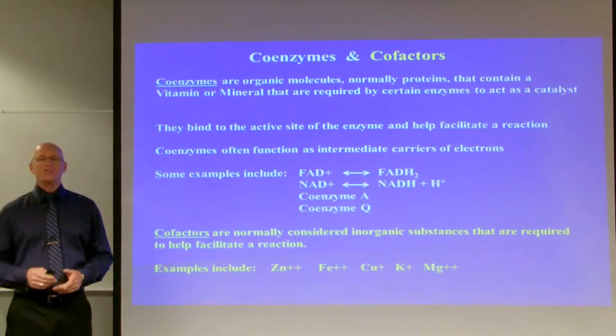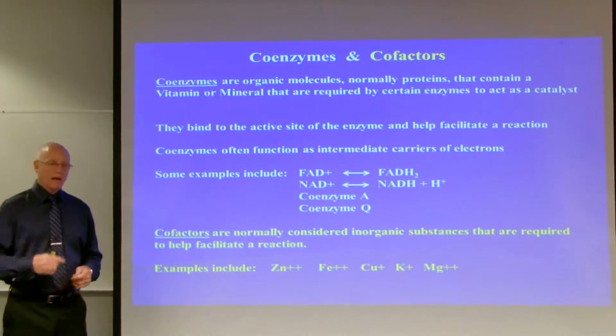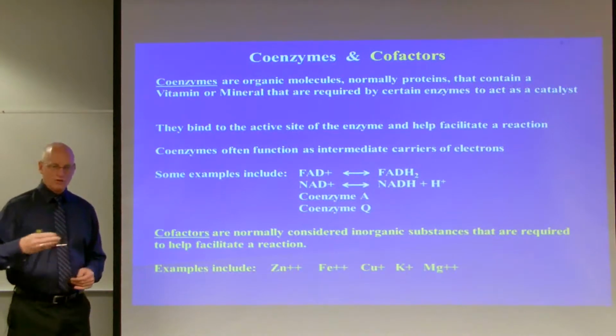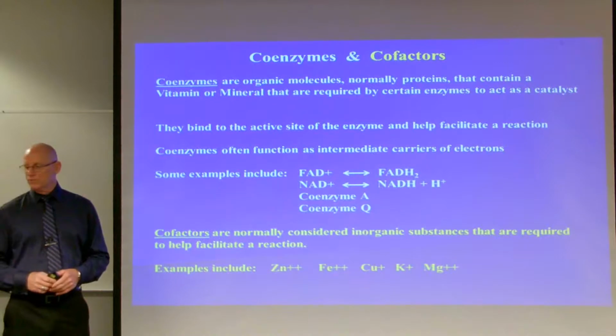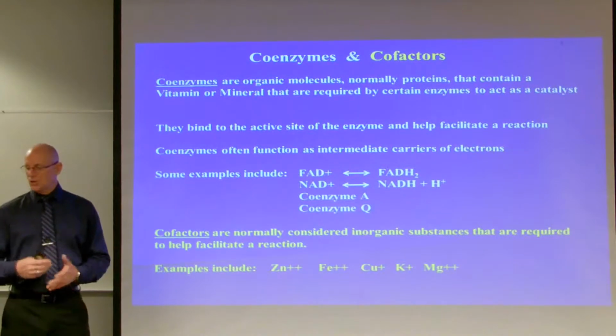Okay, a couple definitions: coenzymes and cofactors. Coenzymes are organic molecules, normally proteins, that contain a vitamin or a mineral that are required by certain enzymes to act as a catalyst. And catalysts help facilitate a substrate to a product. They bind to active sites of the enzyme and help facilitate a reaction. Coenzymes often function as intermediate carriers of electrons, and we'll see how this works in an electron transport chain. Some examples include FAD, which is flavin adenine dinucleotide, and NAD, which is nicotinamide adenine dinucleotide, and coenzyme A and